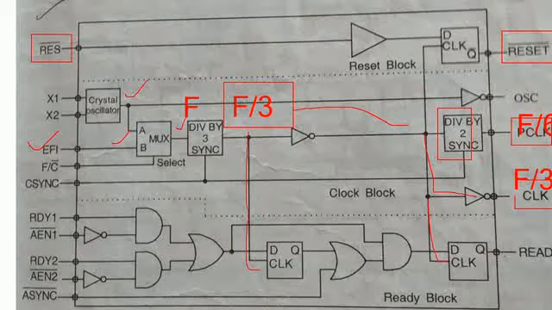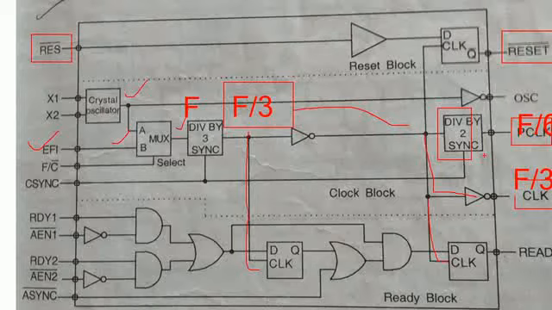Now this clock signal is given as an input to the 8086 microprocessor. If you want to get the functionality from the 8086 microprocessor, you are supposed to apply a clock signal whose frequency is 5 megahertz. So if you want to get 5 megahertz over here, then you are supposed to apply a 15 megahertz crystal oscillator over here, or use a function generator whose frequency is 15 megahertz. Because if you are not using 15 megahertz, then you are not going to get the 5 megahertz which is required by the 8086 microprocessor, because the signal is passing through the division by 3 circuit.